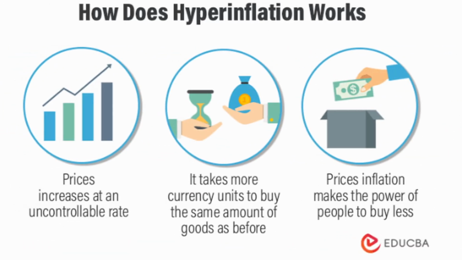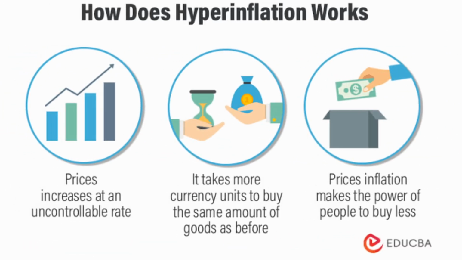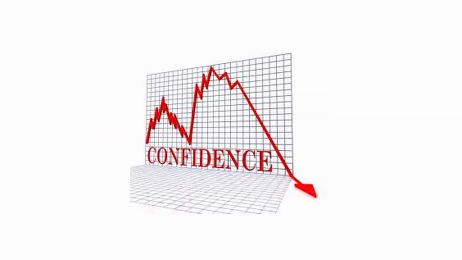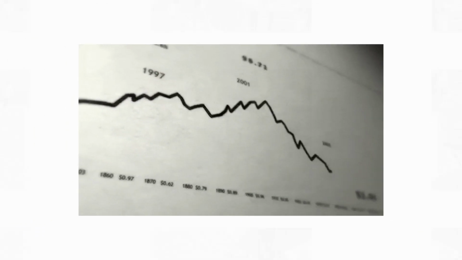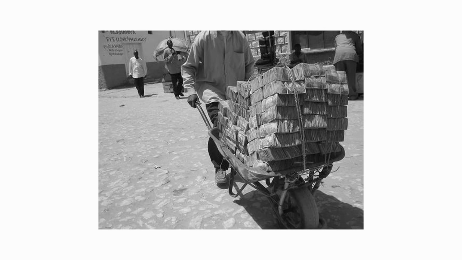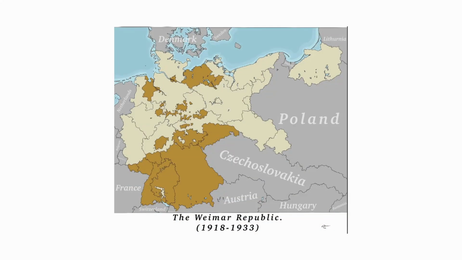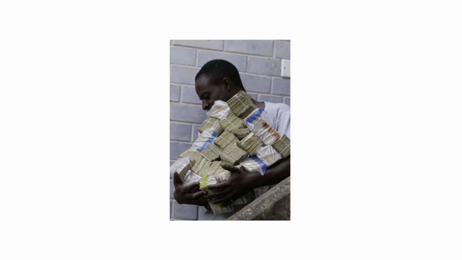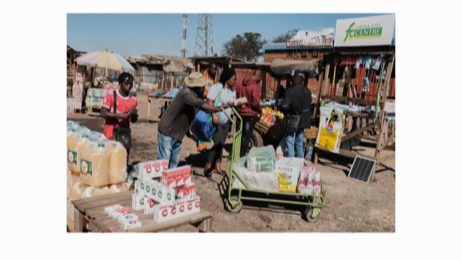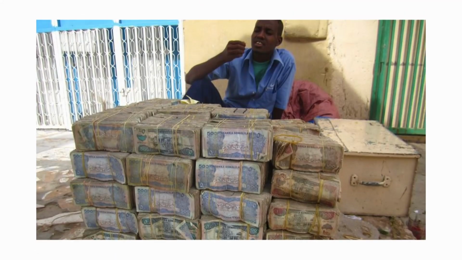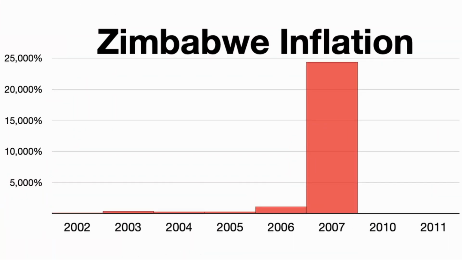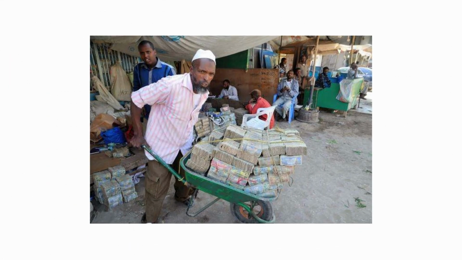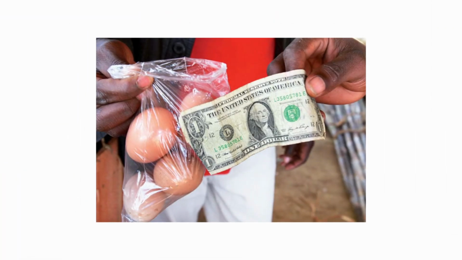Hyperinflation. Hyperinflation is an extreme form of inflation characterized by rapid and uncontrollable price increases, 50 to 1,000% or more. It typically occurs when a country's monetary system collapses due to excessive money printing, loss of confidence in the currency, or economic instability. Examples include the hyperinflation episodes in Zimbabwe and Weimar Germany. In Zimbabwe, in the late 2000s, hyperinflation reached astronomical levels, with prices doubling every few hours. Citizens experienced a complete loss of confidence in the currency, resorting to bartering or using foreign currencies for transactions.